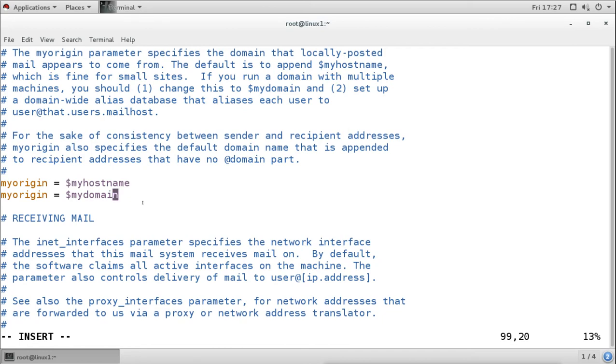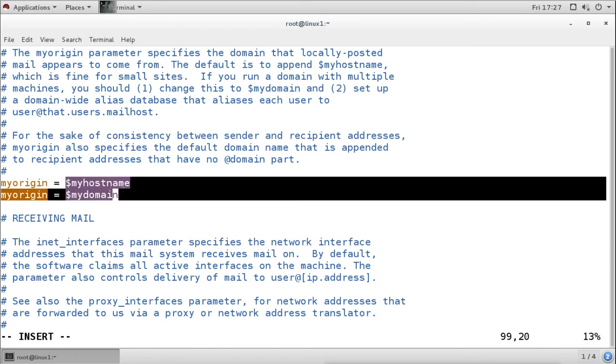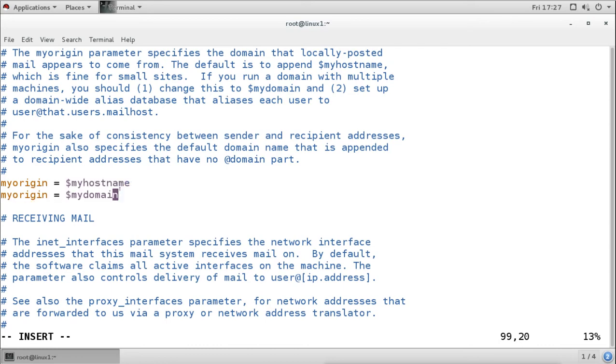So he can type user 2 at linux1.example.com, or he can type only example.com. Both will work because of this origin we have configured here. Even if he is not typing the name of the domain or host name, it will take the origin from this variable or from this configuration.